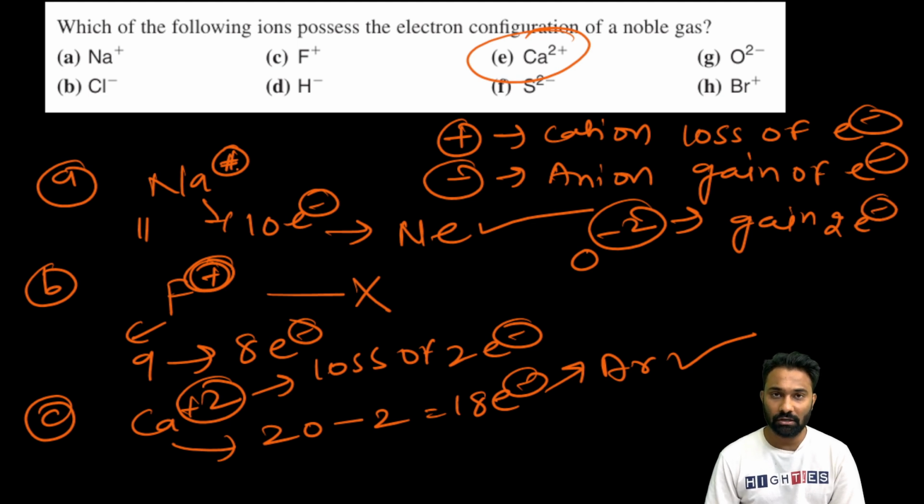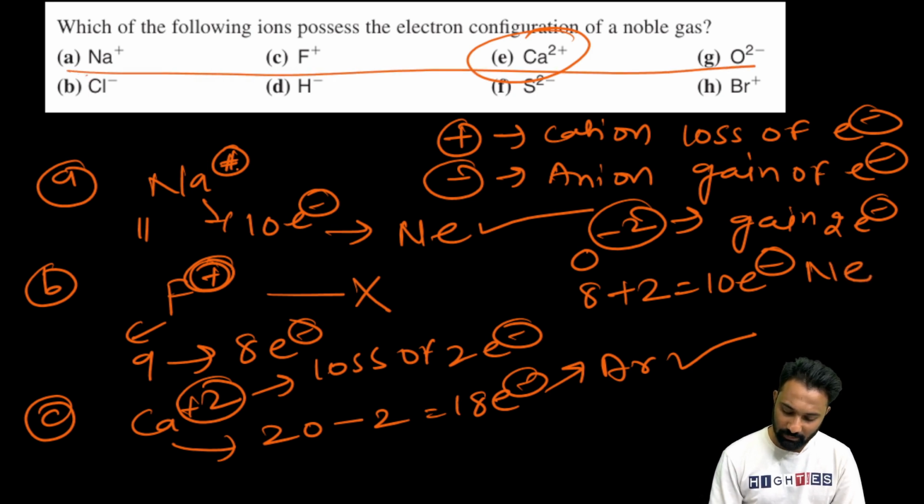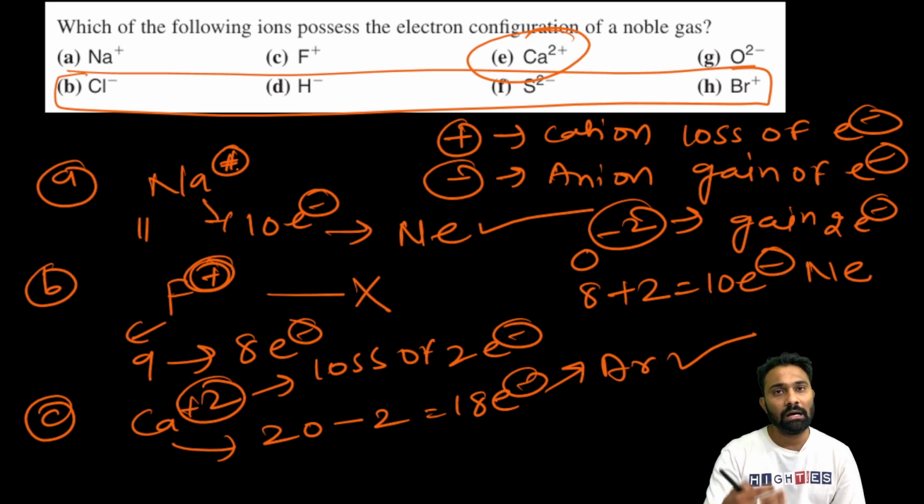Gain of 2 electrons indicates which one? Now the atomic number of oxygen is 8. By gaining 2 electrons it has reached 10 electrons. 10 electrons means neon electronic configuration. Clear? These 4 I have explained, and the remaining 4 you just try on your own and answer in the comment section. We'll see